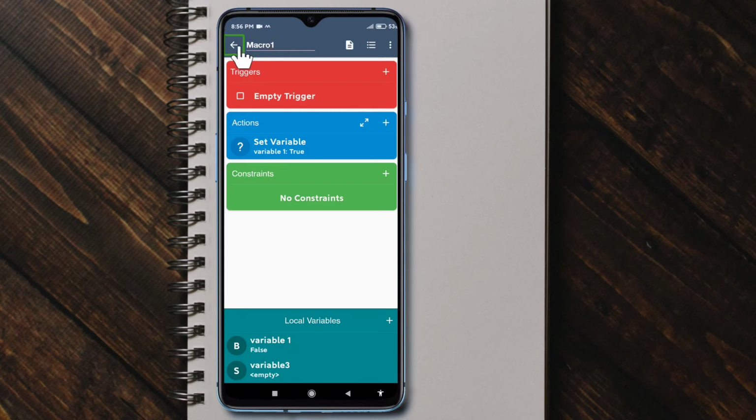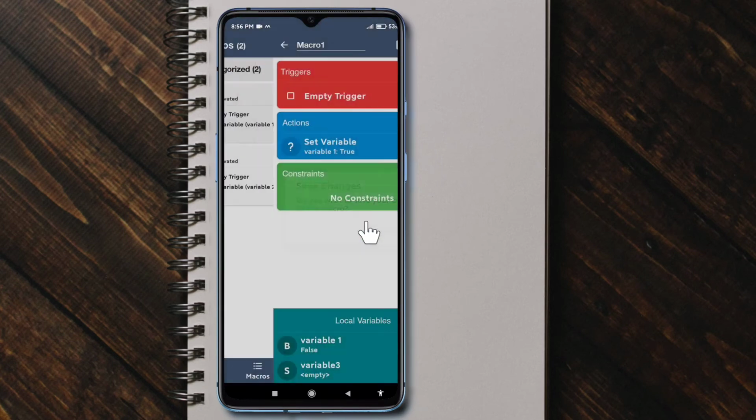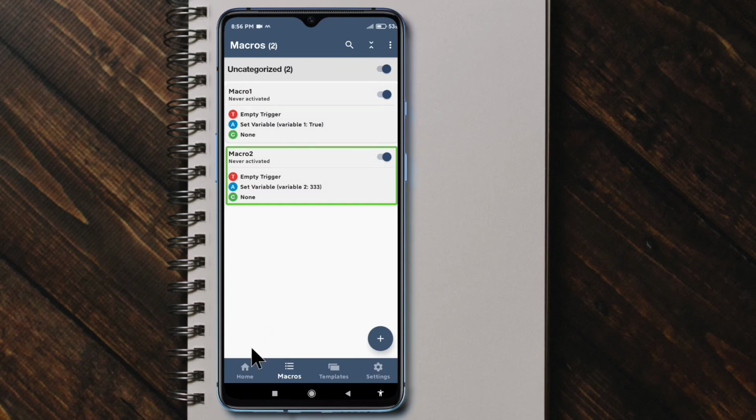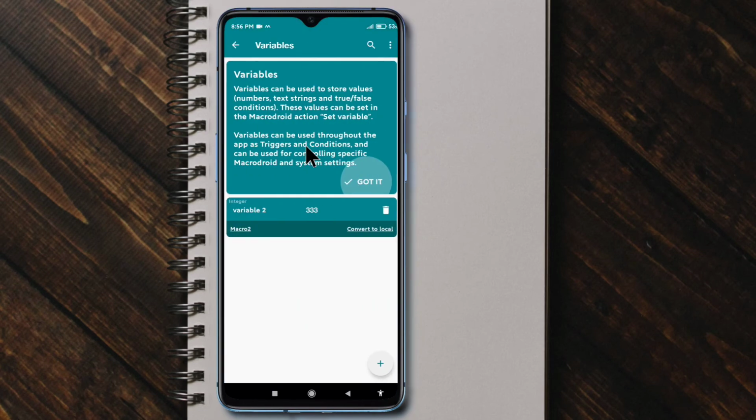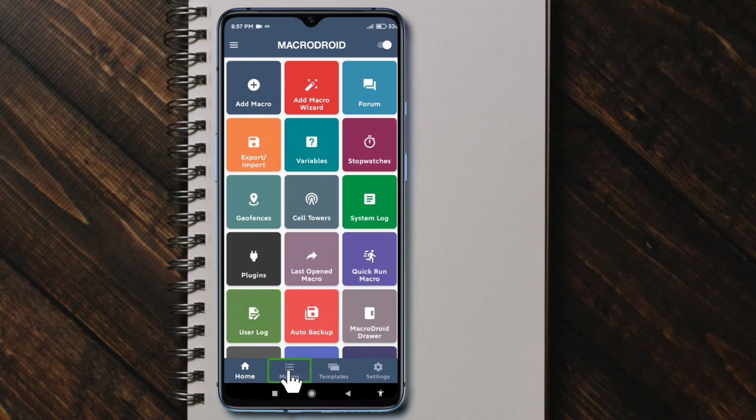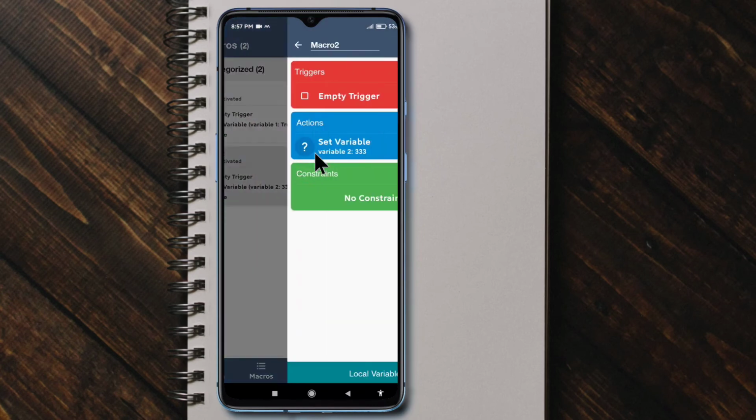So let's check our variable style. Now look, variable3 is not available here. Why? Variable3 is a local variable. Now go to macros, and in macro2